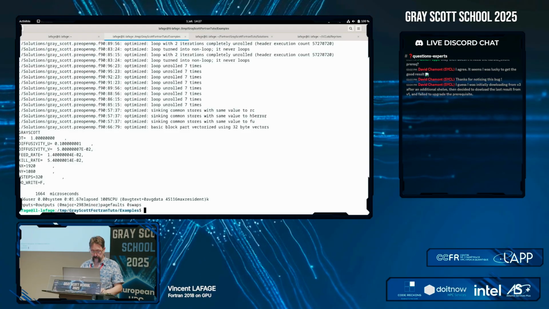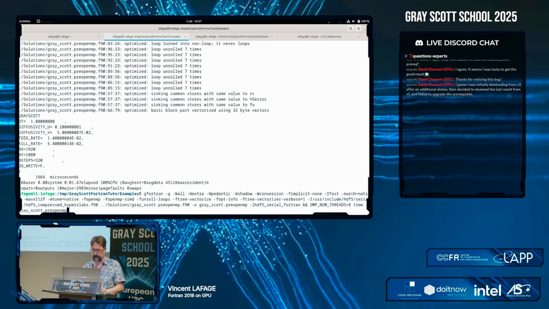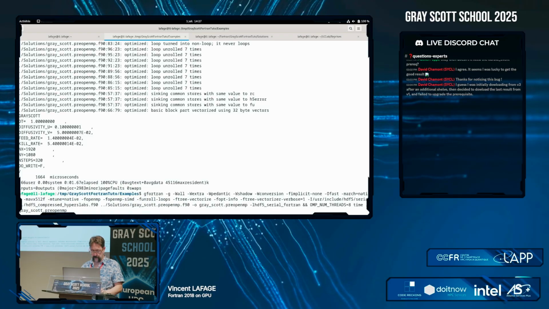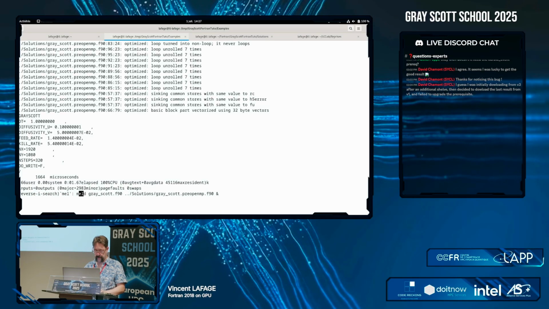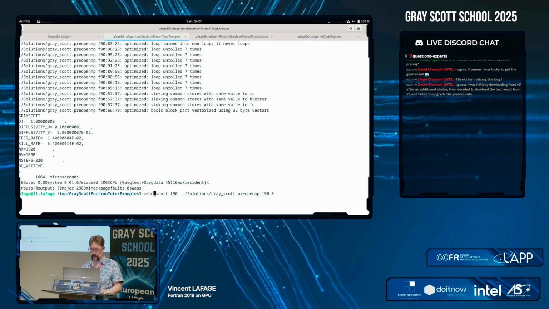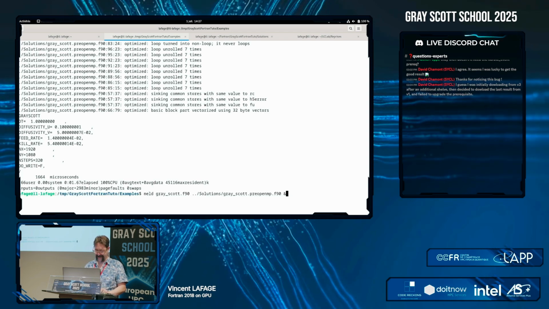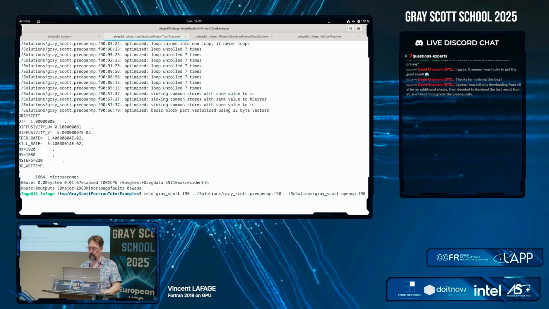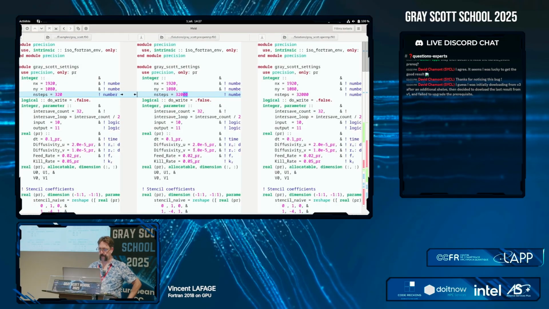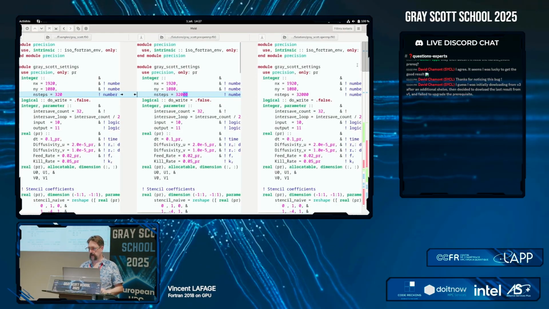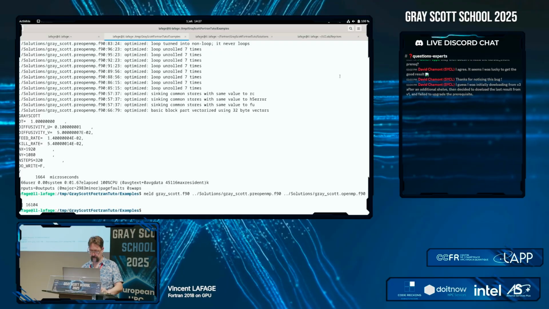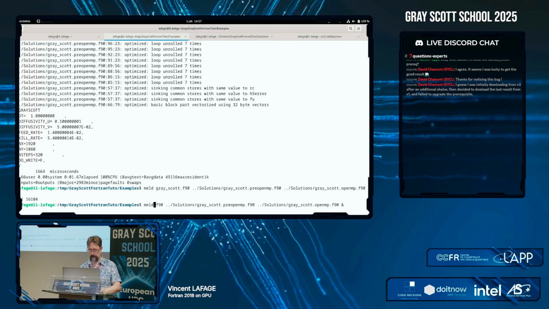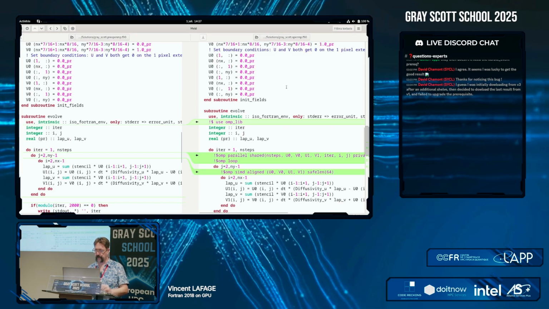So given this, let me show you what should have been the last time's result. What happens when we use directives and we move from pre-OpenMP to OpenMP? Okay, sorry. Okay, so